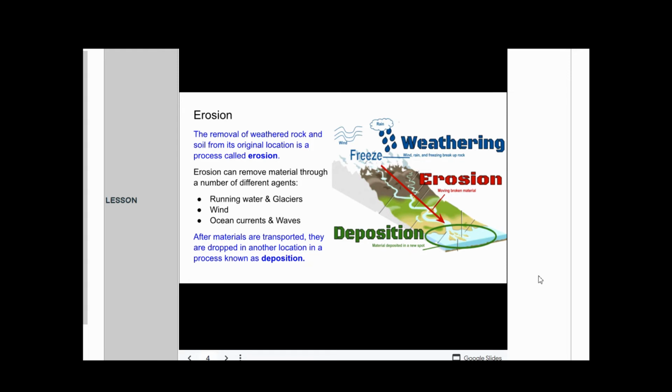All right, erosion. Erosion, remember, is the moving of sediment. You don't need to write down this black part in the middle because we're going to talk about each of these types, and you already wrote them down. Ocean currents and waves are part of water erosion. Then you have wind erosion, you have glaciers up here, and then we're also going to talk about gravity very